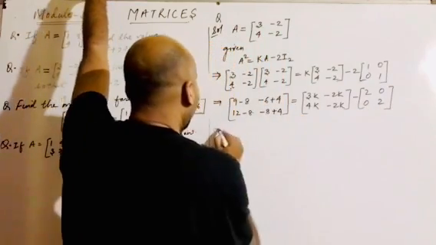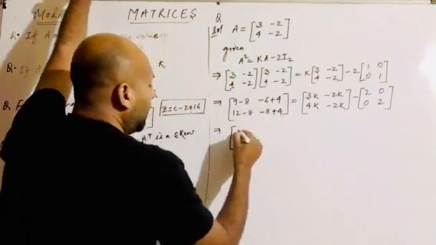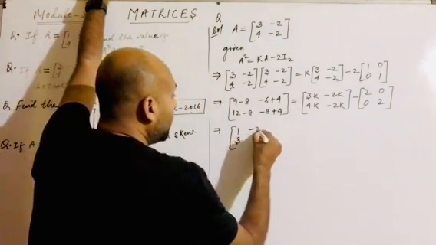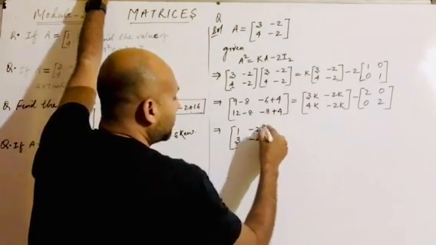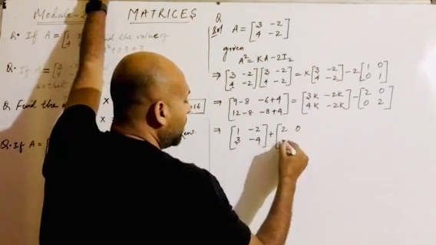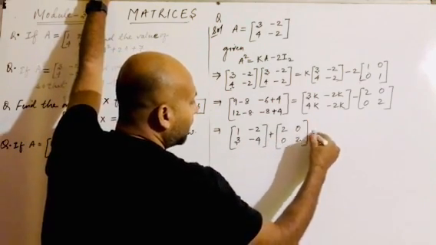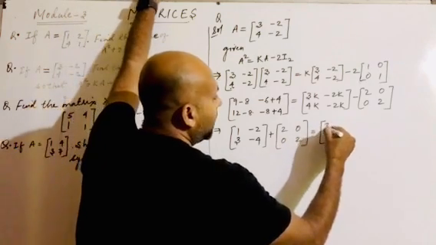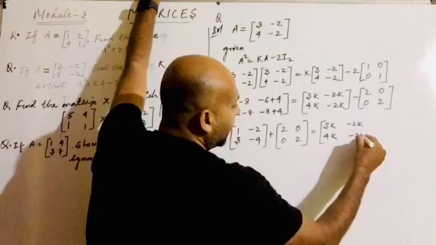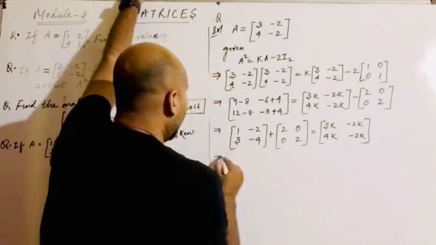So in the next very line what I am going to solve here, 9 minus 8 is 1, 12 minus 8 is 3, minus 6 plus 4 is minus 2, and 8 minus 4 is what? Minus 4, and then it is minus will come this side, so this will become 2, 0, 0 and 2, and here I am having the value as what? This one as what? 3k, one element, then it is minus 2k, 4k, and then it is what? Minus 2k.